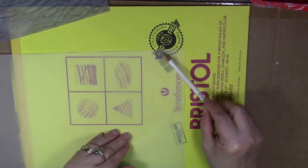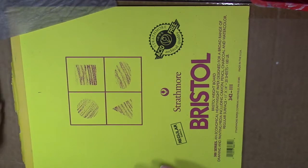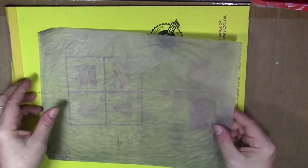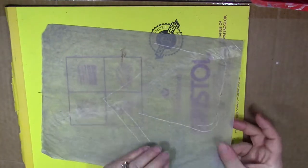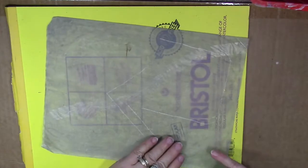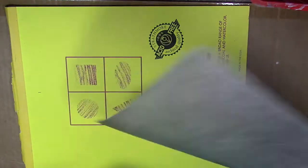scribblings over it. So I've got a piece here that I've been using for years, and sometimes it's hard to tell which side is the graphite side, but usually the side without the graphite will be just a little bit whiter. So you're going to